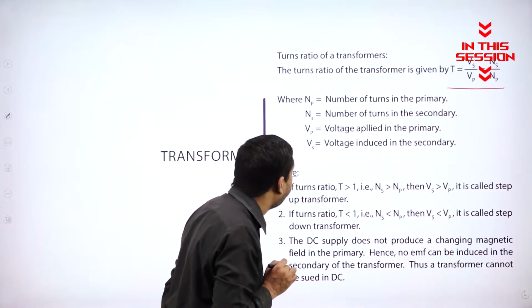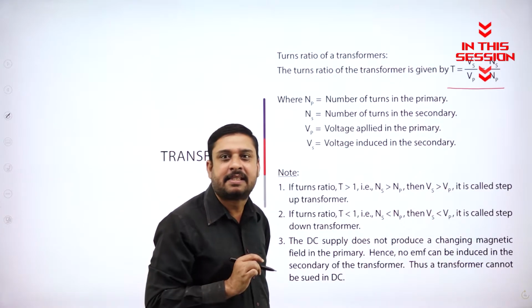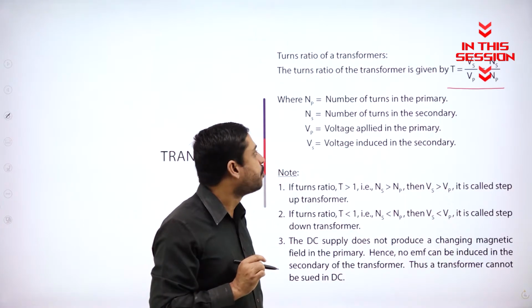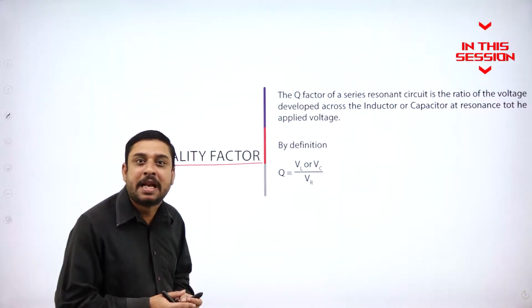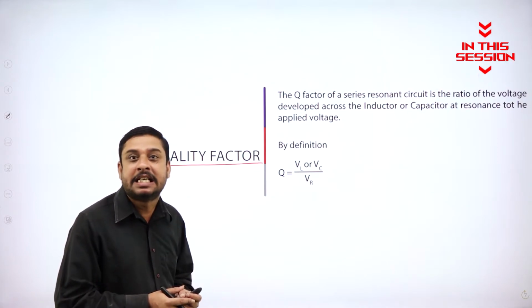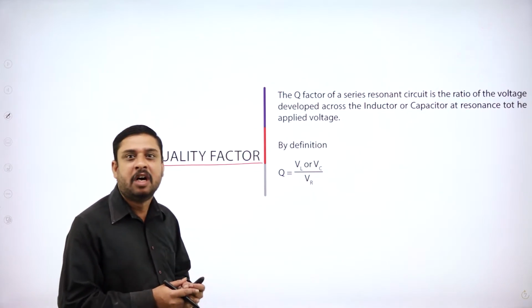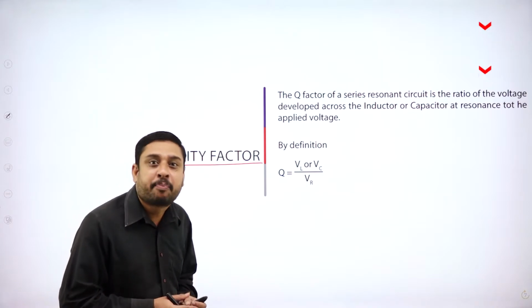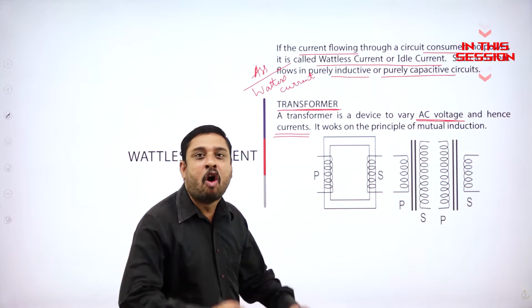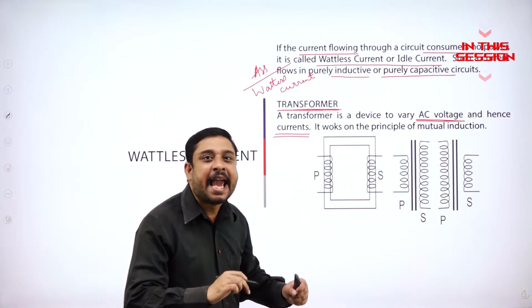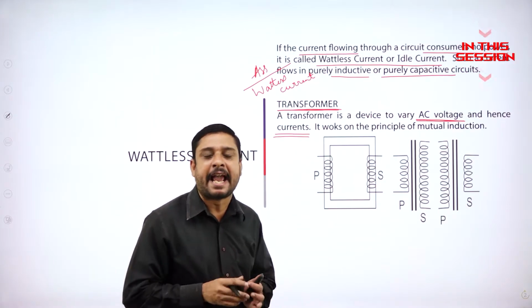Vs divided by Vp equals Ns divided by Np. The sharpness curve: yesterday we studied the resonance curve, how sharp the curve is. If I need to vary or change AC voltage,